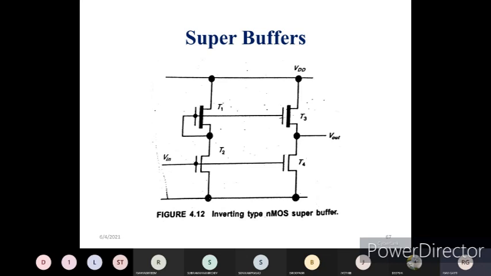You can see the gate terminal of one depletion transistor is connected to another depletion transistor, whereas the MOS transistor gate terminal has been connected from one MOS transistor to another MOS transistor. With this circuit configuration, we can avoid the asymmetry which has been established because of the pull-up sheet resistance or